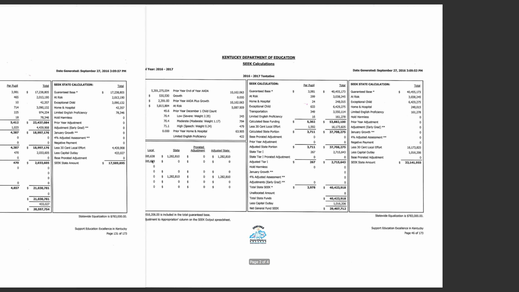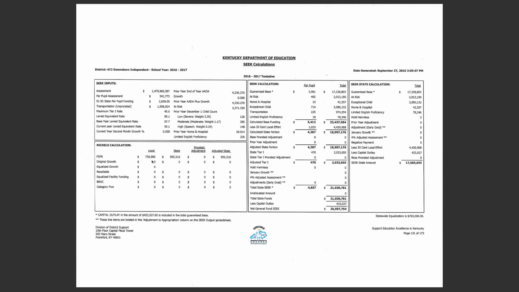They don't qualify. So again, you see that equity piece factoring in looking at these four very different districts. But the similarities are there in the way the funding is formulated and it's passed down. Very definitely part of the way funding works. So if you're looking at what the total state effort is, you look at the total state SEEK amount, you go to the far right, the overall calculation, which adds all these different